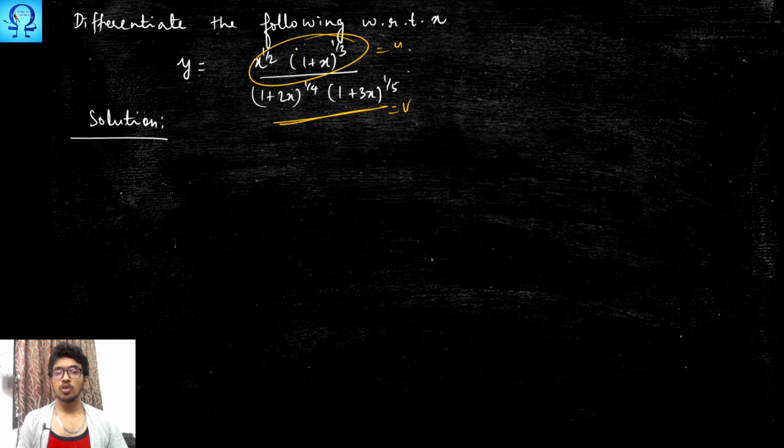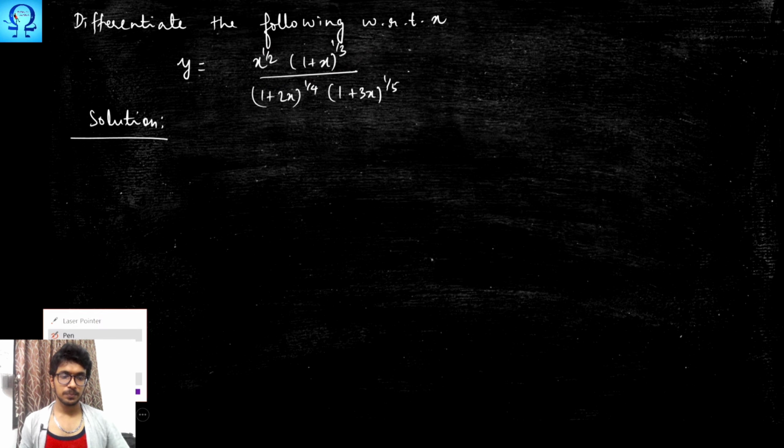But in the numerator as well as in the denominator, we have a product of two terms. For the numerator, we will have to apply the product rule. For the denominator also, we will have to apply the product rule. It seems that it will take a little more effort to complete this problem, and usually if it is asked in examination, we thought of leaving it as a choice, right? But there is another way in which we can do this problem easily. What is that way? Okay, let us see.